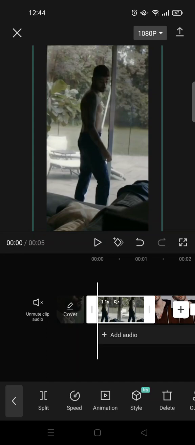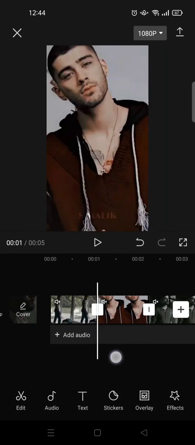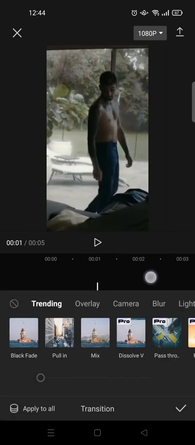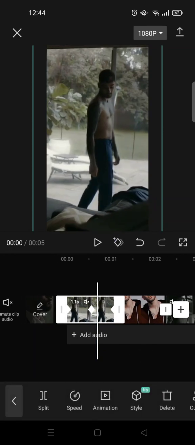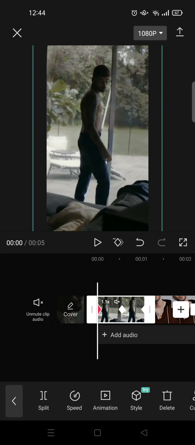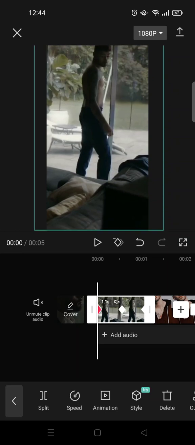then after that, add a keyframe at the beginning, at the middle, and also the end of the video. Okay, so there are 3 keyframes, and then at the first keyframe, move up your clip all the way up. So like this,